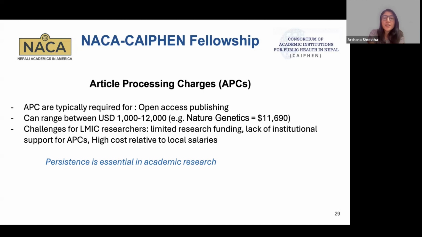Okay, so a very important thing is APC, article processing charges. Typically it's required for a lot of open access publishing houses. It can range between $1,000 to $12,000, which is